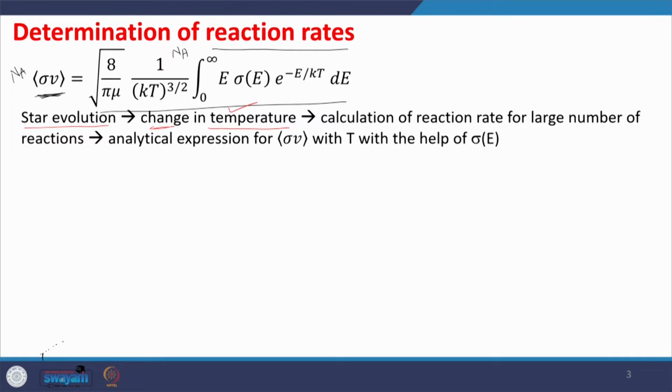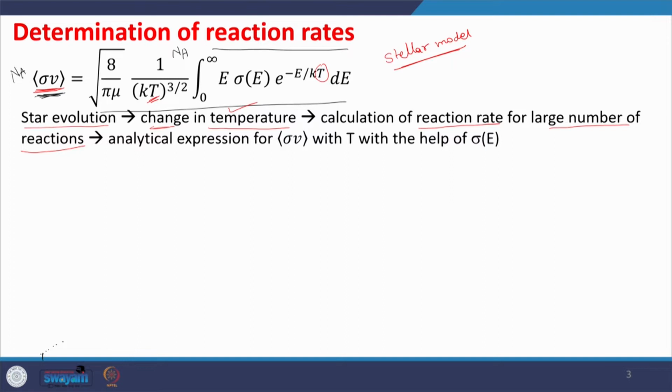Now, at each temperature, you have to listen to me carefully. At each temperature, one has to find out the reaction rate, because temperature is changing, right. So, in order to model a star evolution, that means in stellar model calculations, reaction rate has to be calculated regularly, which is time dependent, and it has to be done for a large number of nuclear reactions, because at a time whatever nuclei are present, they are undergoing